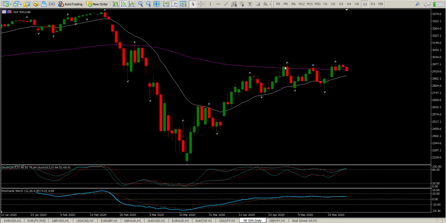So have a look at how many bearish signals there have been. There's one, okay, that's an engulfing bar. Here's a piercing pattern. Okay, there's an inside bar. There's another inside bar. And now we've got confirmation on the fourth bearish pattern off the 150 EMA. Okay, all fine and well, but I don't trust this as far as I can throw it right now. So clearly this area here of this 2968, 2967 area is an area that